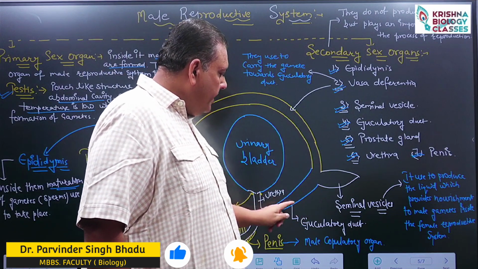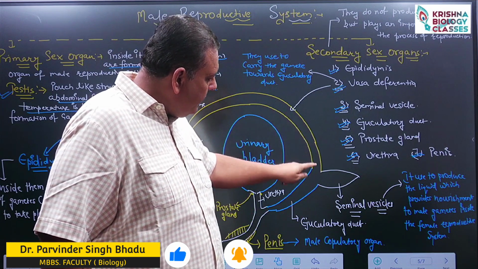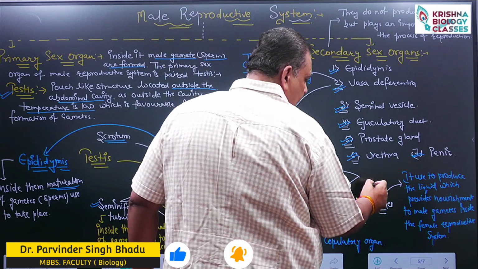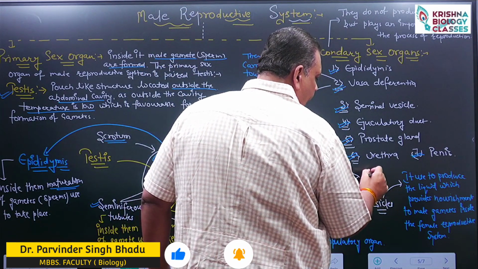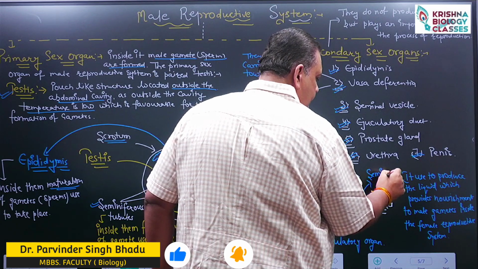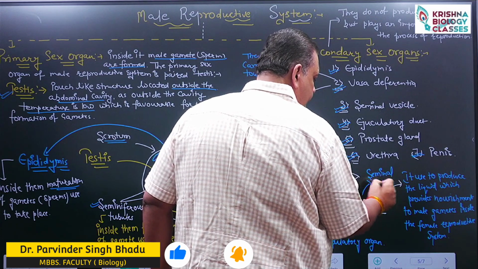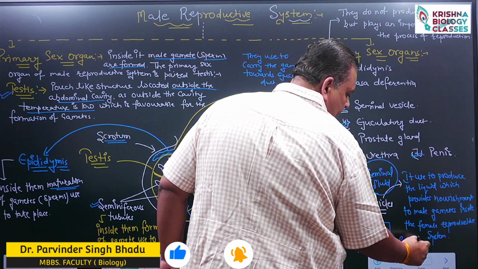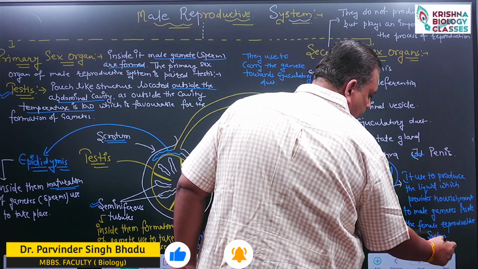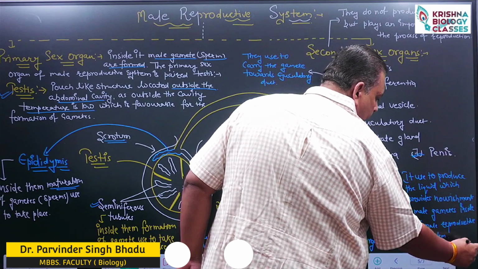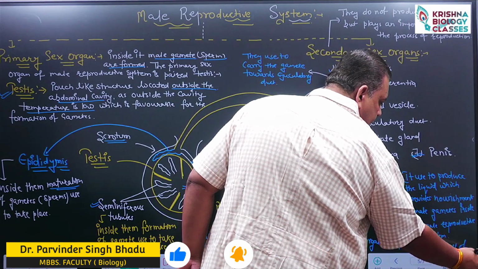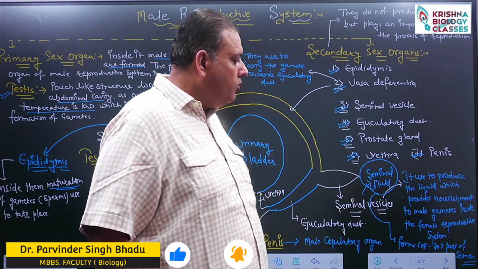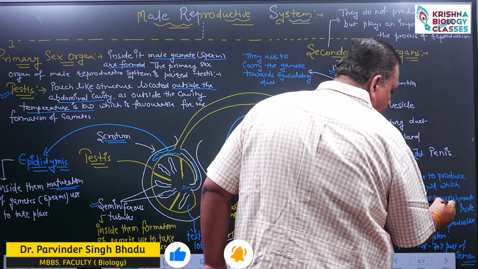Then, the ejaculatory duct is a common duct which receives the gametes from the vasa deferentia, and the secretion of the seminal vesicle, which is named seminal fluid. Now this fluid forms 60% to 70% part of the white liquid named semen. The major function of this seminal fluid is to provide nourishment